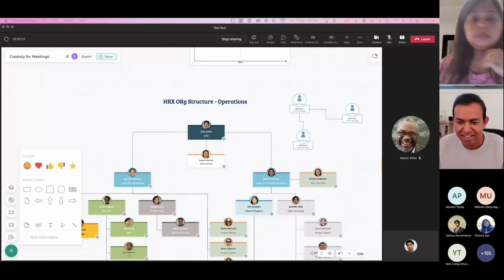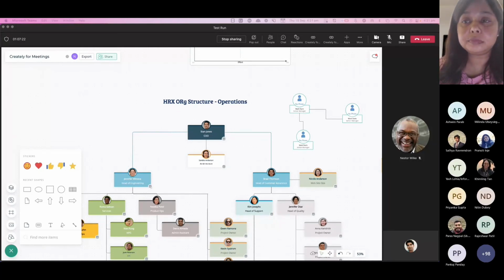Back to you, Rachna. Just as we switch over, thanks, Harish. That was a great example of a whiteboarding, brainstorming app that can be brought into meetings. Just a shout out for everyone on the call: there are several such apps, and if you're using any of these outside today, for example Figma or Mural, we have app integrations for all of them, so they can very easily be brought into the meeting. And if you want to try something new, you have Creately. That's also a fantastic example and available.